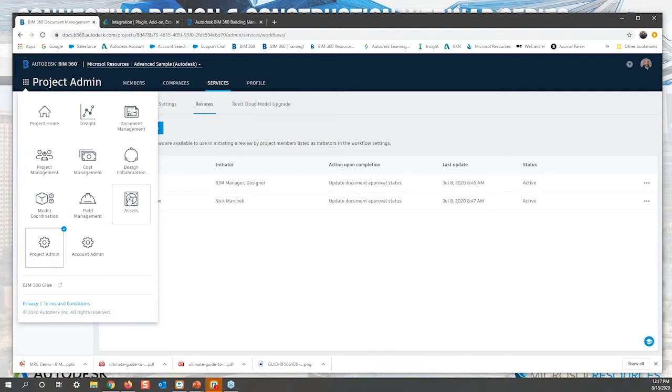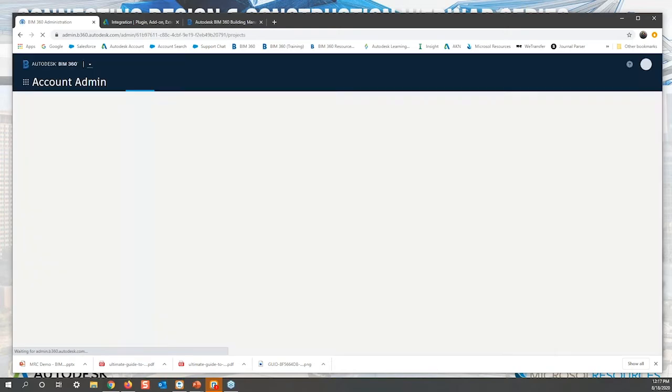You can see here I have access to a number of these different modules that I had just mentioned in one of the previous slides. The different products are available to us. So depending on what subscription you have to what different products is what you'll see here whenever you click on the waffle here. So if I toggle to my account admin module here, you'll see this is where I can